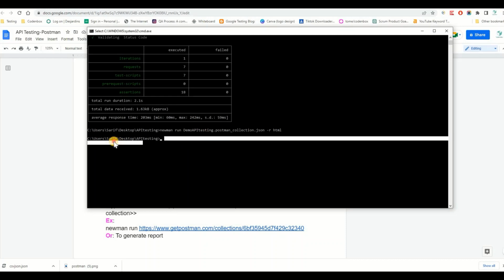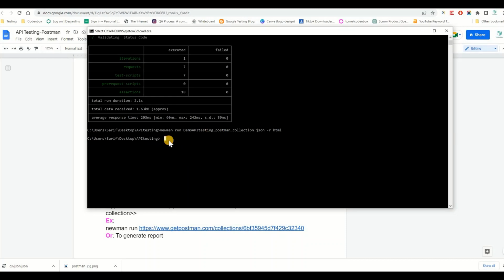Okay, it will not do anything over here. It will not say anything to you. If it doesn't show any message, it means it's generated. It will not show any message over here, but it generated an HTML report in the same place